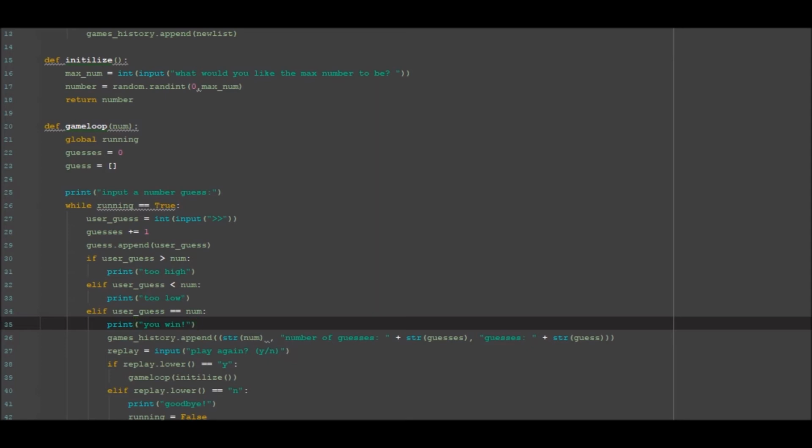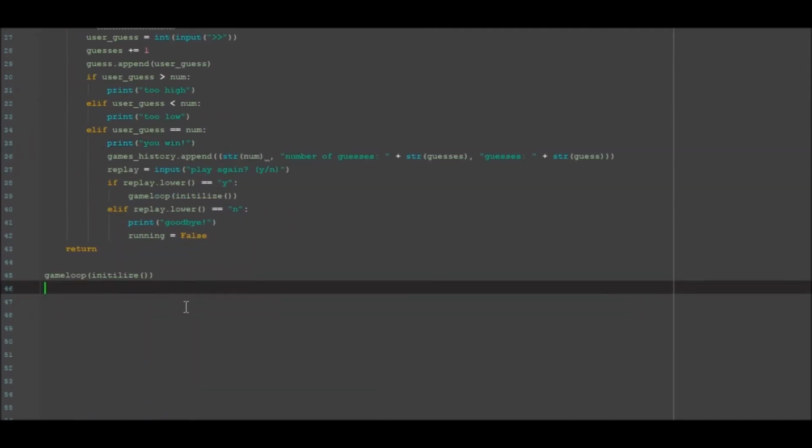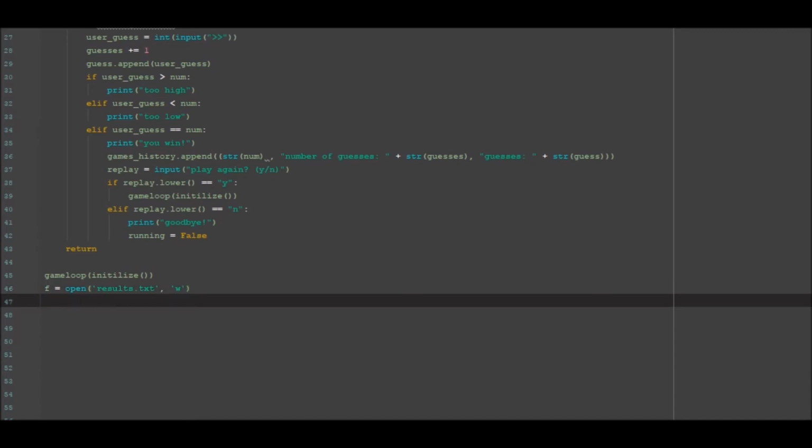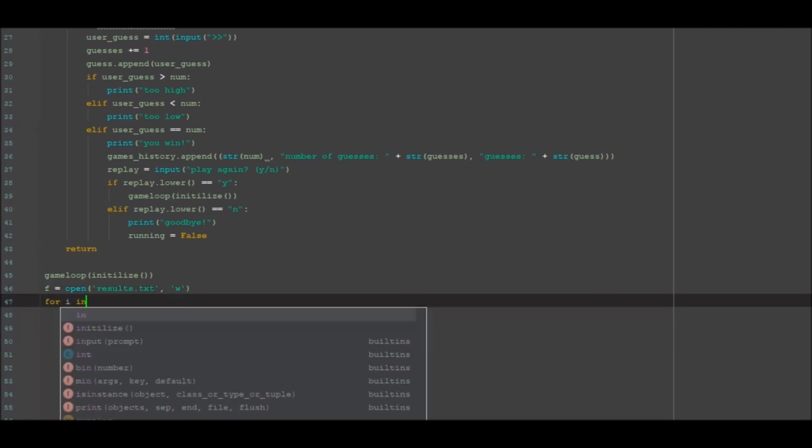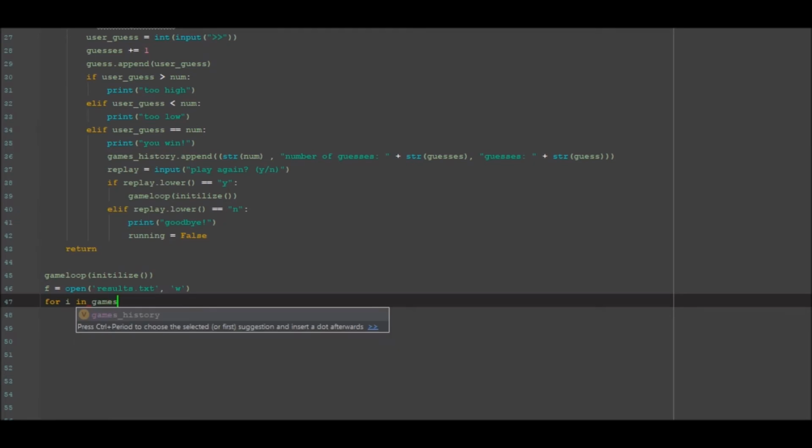Alright, so now that we've done all that, we can go ahead and go to the bottom of our code. In here we can go f equals open. We will open results.txt, and I need to put brackets around that. Then we'll open it in write mode with a W. For i in games history,